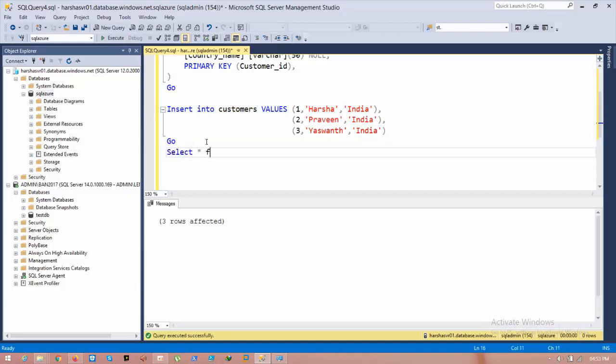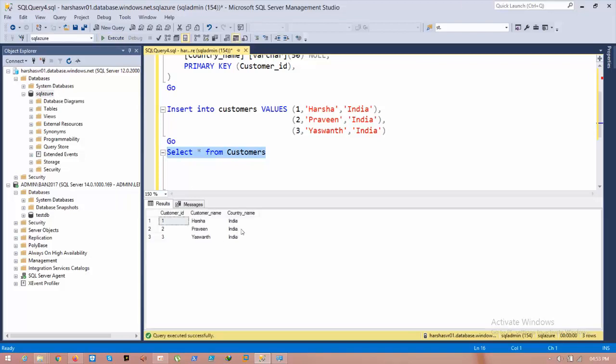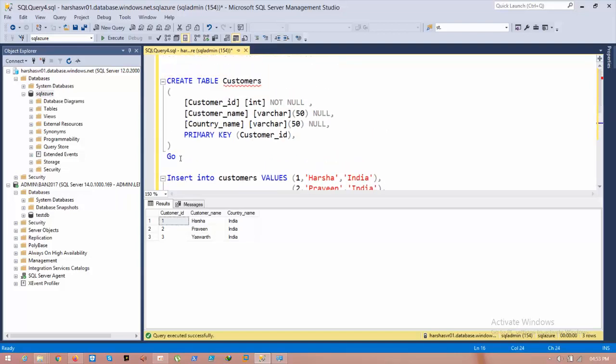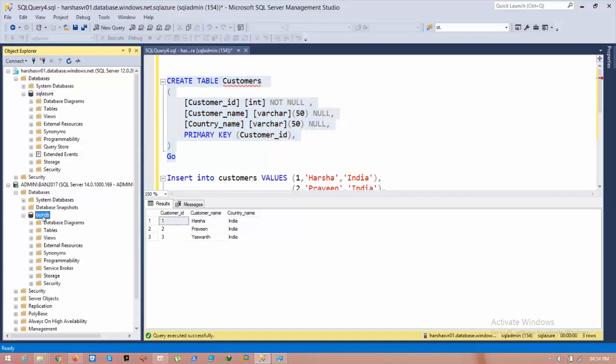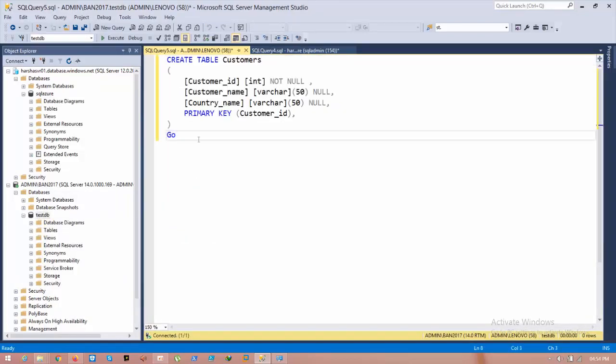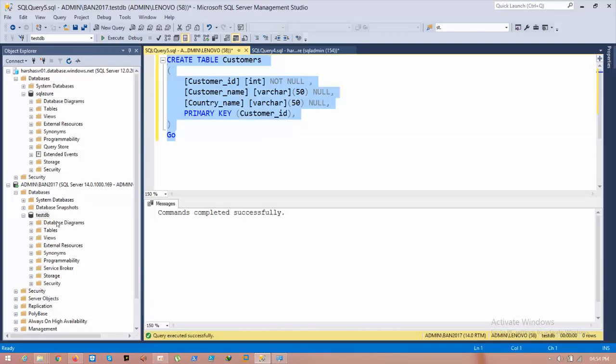Or you can see that by using select star from customers. Select that and execute. Here you can see that in Azure I have 3 rows in the customers table. Now select the copied code and create the same table in the on-premise database. It is like deployment of schema. No need, it will also create it, but for our safety purpose and for smooth practical I am executing this